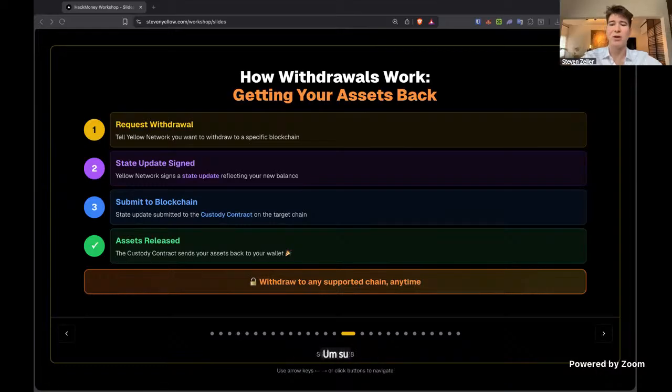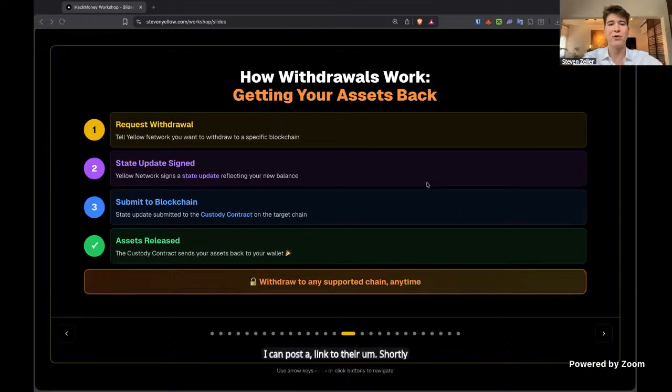Suhas says, what's the Sepolia adjudicator contract? I want to deposit. The contract addresses are listed in our documentation, and I can post a link to there shortly.